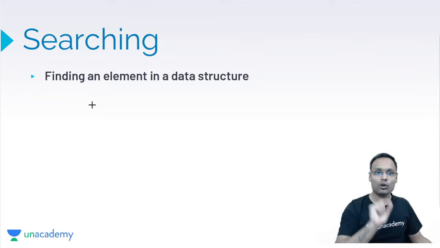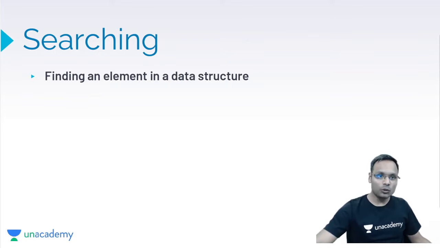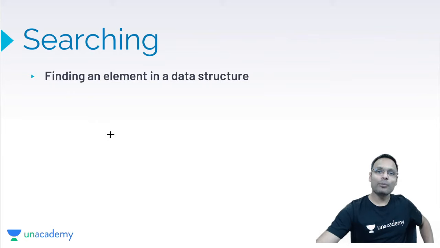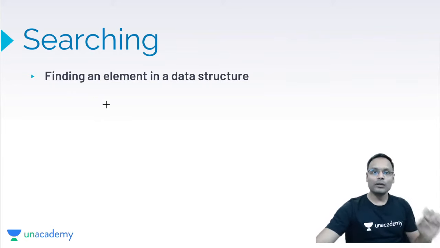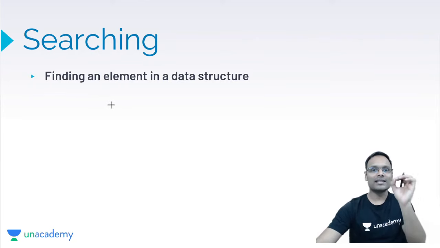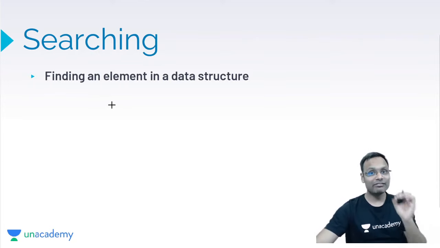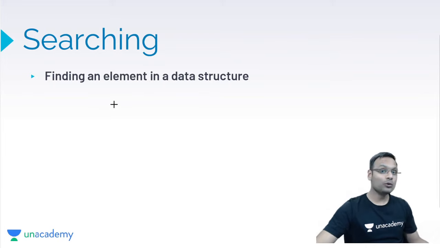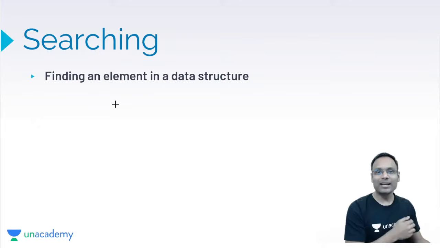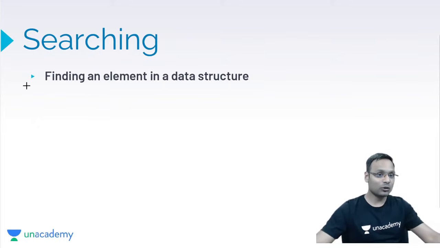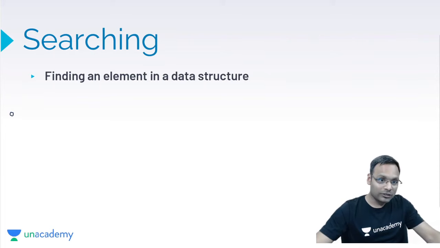Now I'm asking a cross question to you guys. If you are performing a search, suppose you have written a searching algorithm, then what will be the output of that searching algorithm? It's a very high level question, but I hope you will be able to answer it. If you are finding an element and you found that element, what will be the output you are going to return from that searching algorithm? Can somebody let me know?